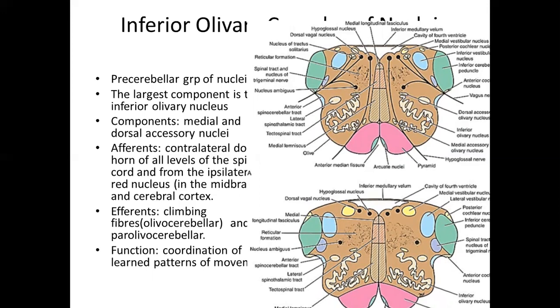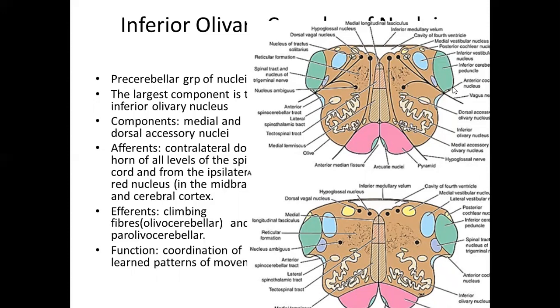Then the afferents are coming from the contralateral dorsal horns of all the levels of the spinal cord. Since it is a displaced pontine nucleus, it is receiving the afferents from the sensory fibers from the dorsal root ganglia, from the dorsal horn of the spinal cord. And the efferents, all the fibers, will combine and go to the inferior cerebellar peduncle. They will form the climbing fibers from the principal olivary nucleus, and the accessory olivary nucleus will give rise to the